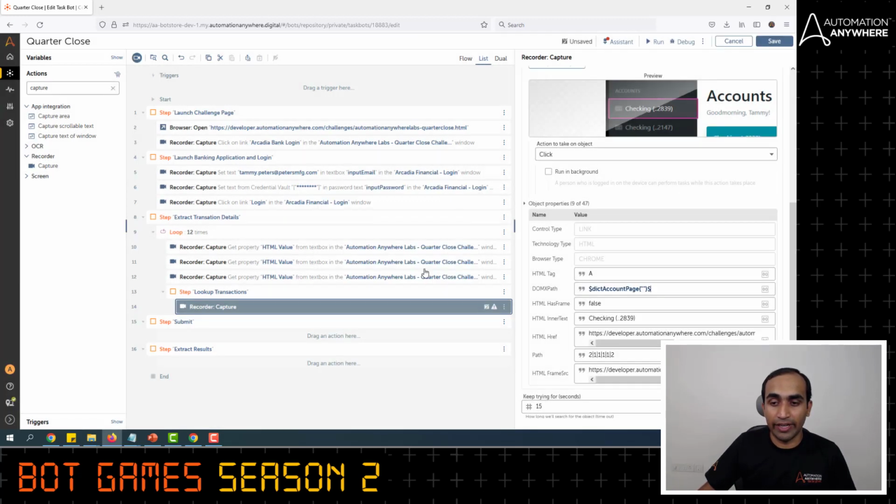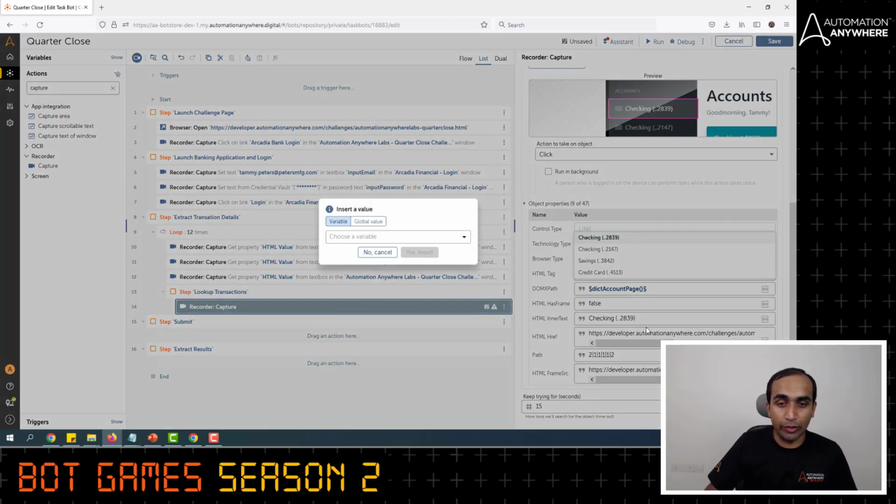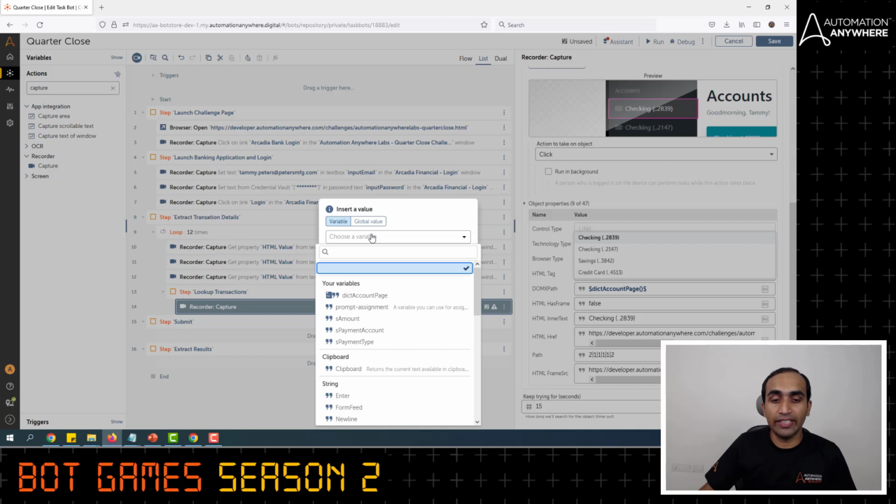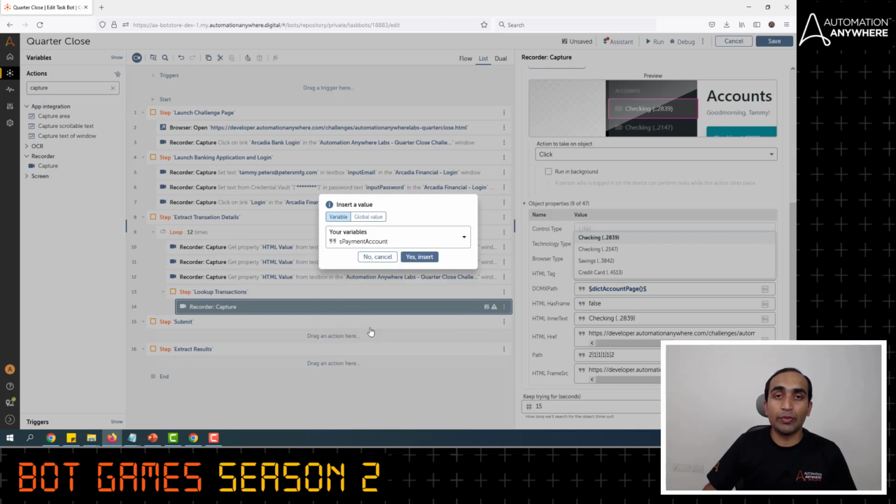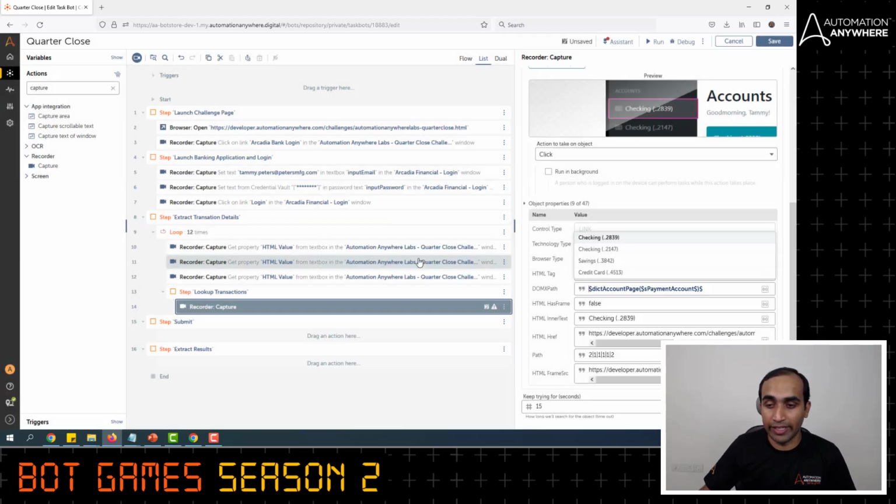I'll just click on yes insert and now you can see that it has picked up the blank key. So I'll just remove this blank double quotes and again click on F2 and now I'm going to select the variable s payment account which will have the value, that is the text which we need to click on the specific account number. I'll click on yes insert